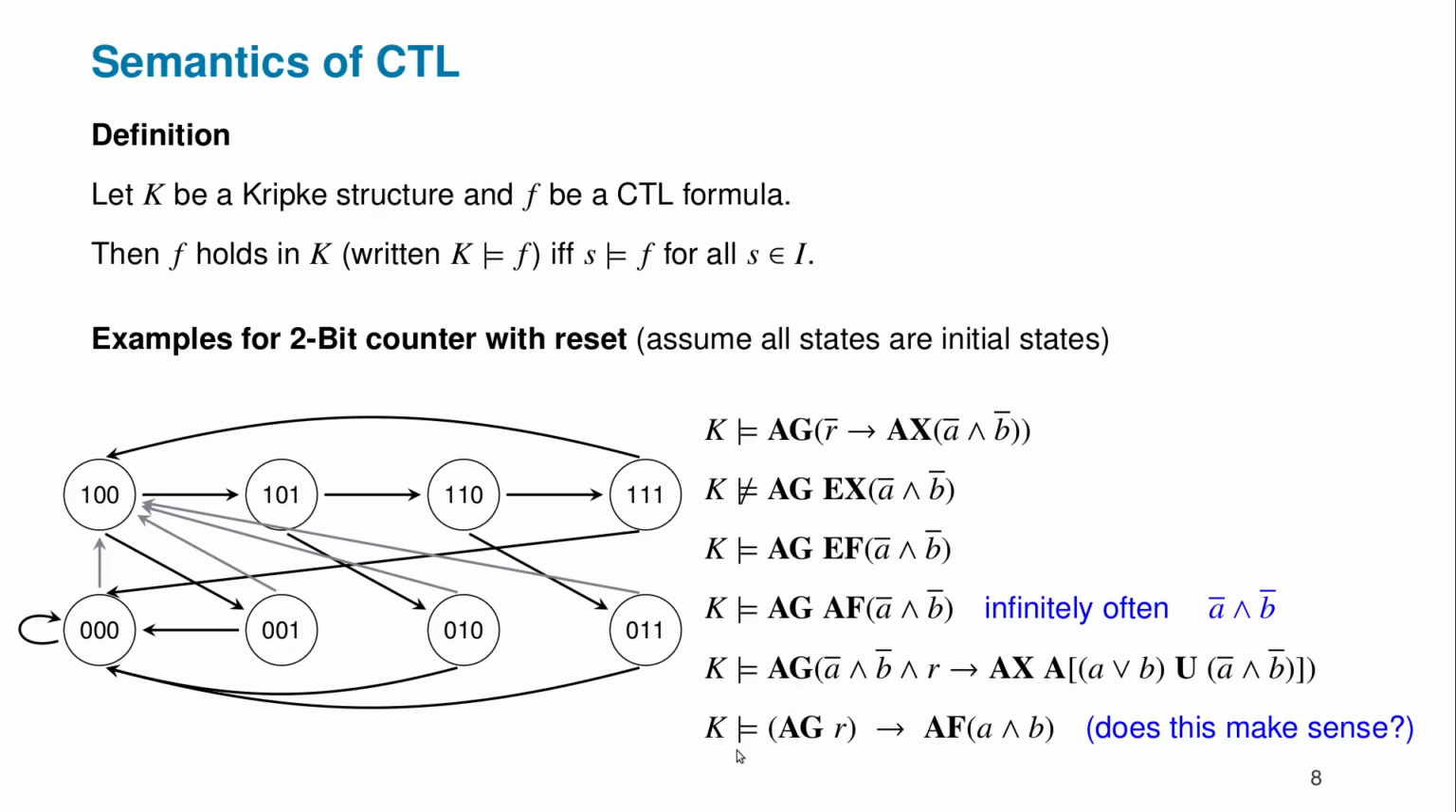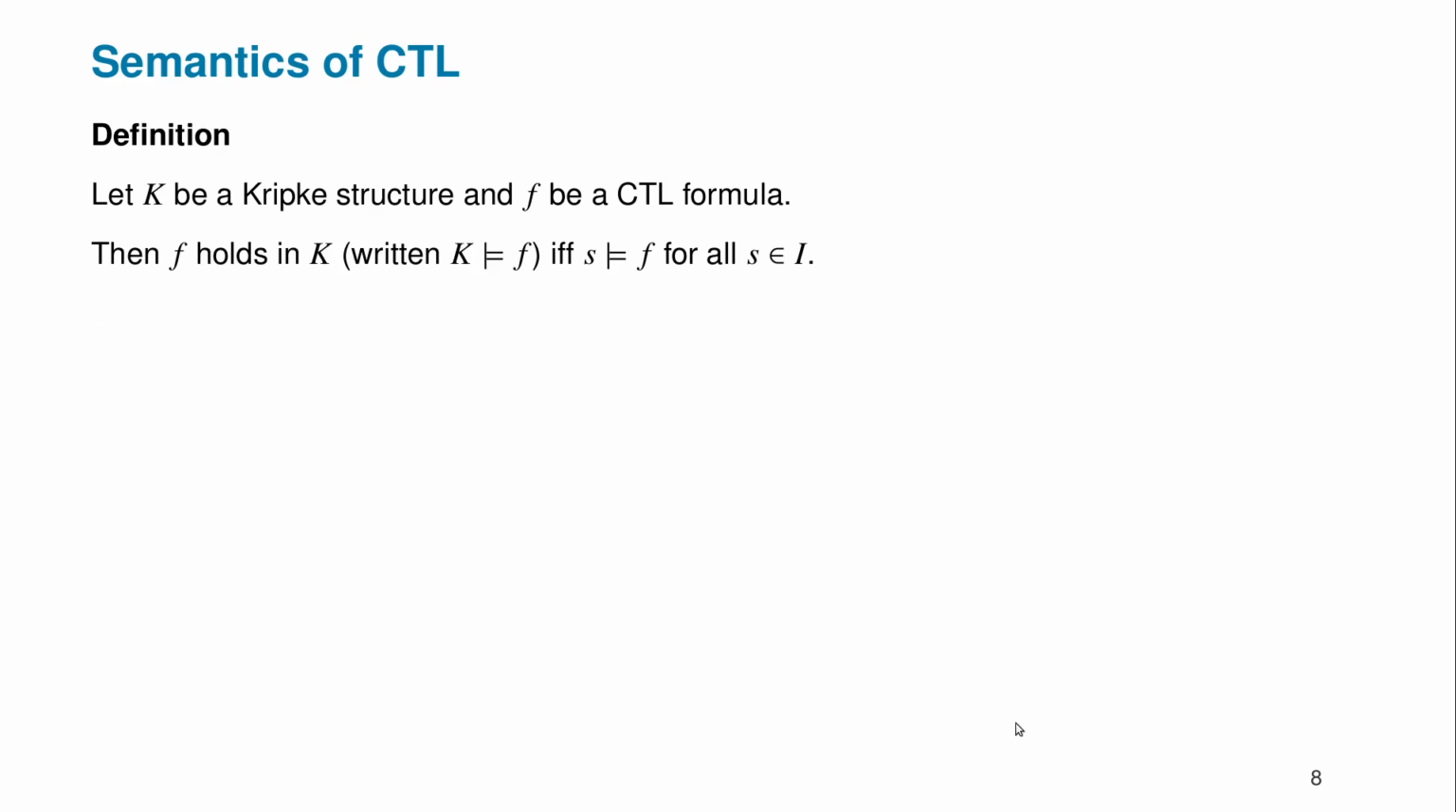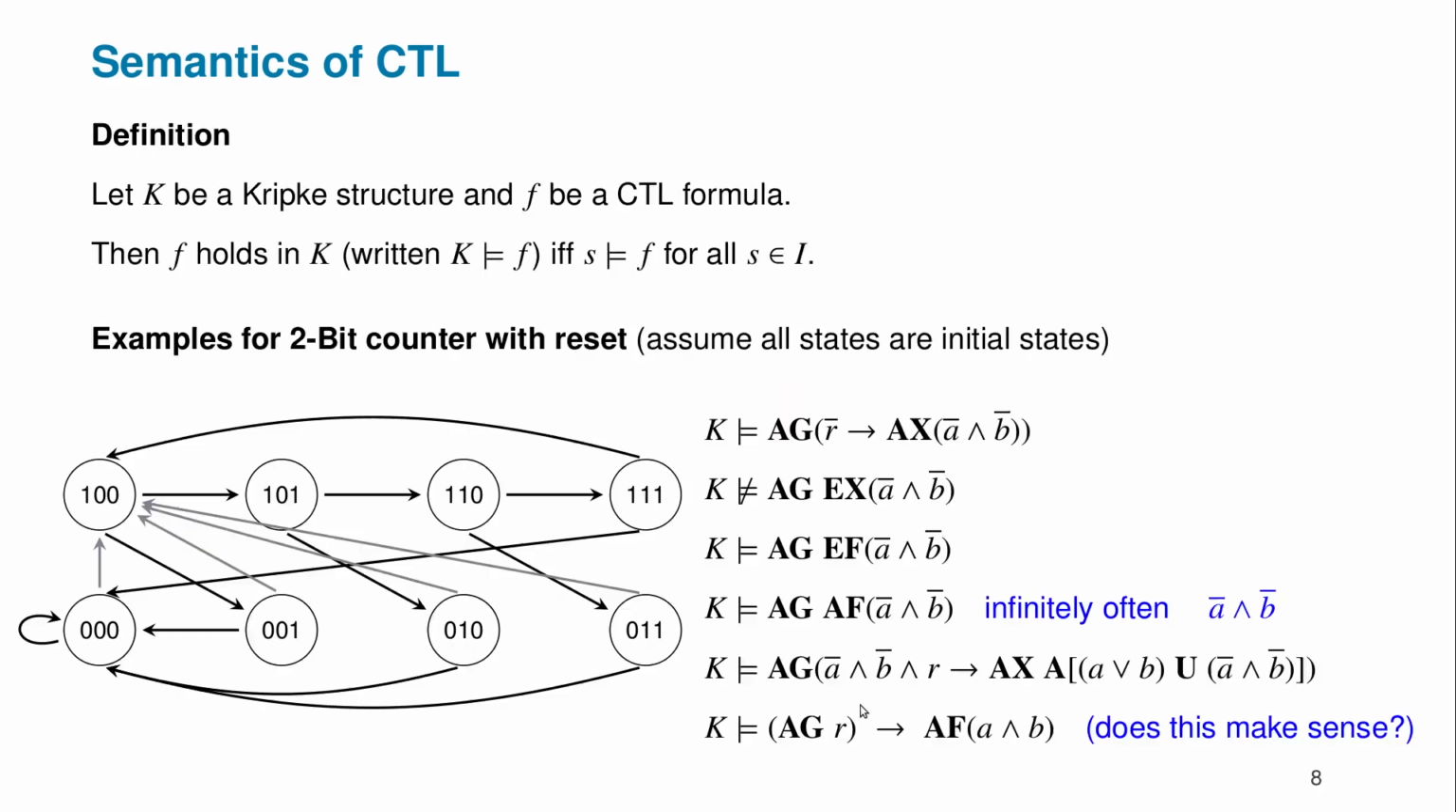Yeah, and finally we have quite an interesting formula here. So we have always globally R implies always finally A and B. Here the idea, or first, it's the first attempt to formulate that some property holds on the upper part here. So what I try to say is whenever R holds, then at some point A and B has to hold. But unfortunately, this formula does not make sense because